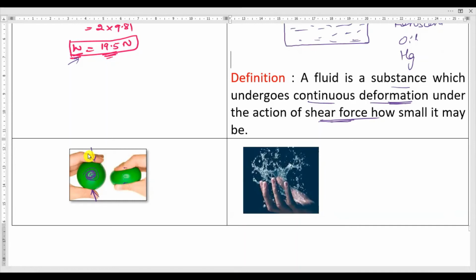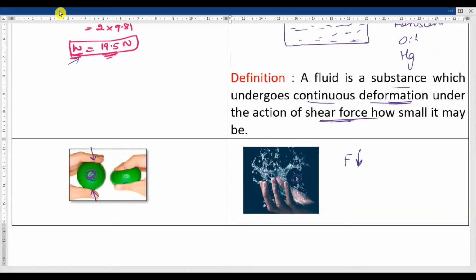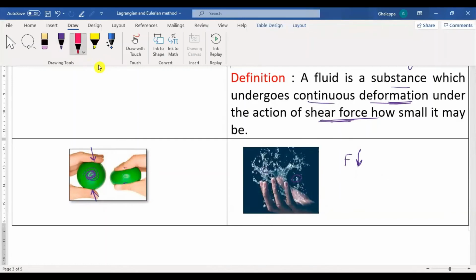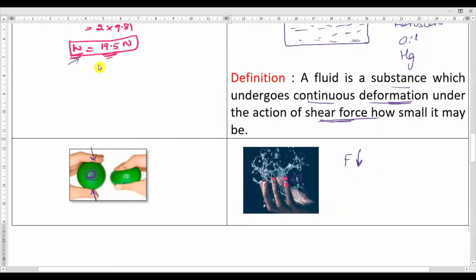But in the fluid, it is not like that. In the fluid, the applied force is too less, too less, and even so the drop of water, the fluids are getting deformation. These fluids are undergoing deformation. Some amount of water will adhere to the solid body wherever it is in contact. Understood? That is the difference between fluid and solid.